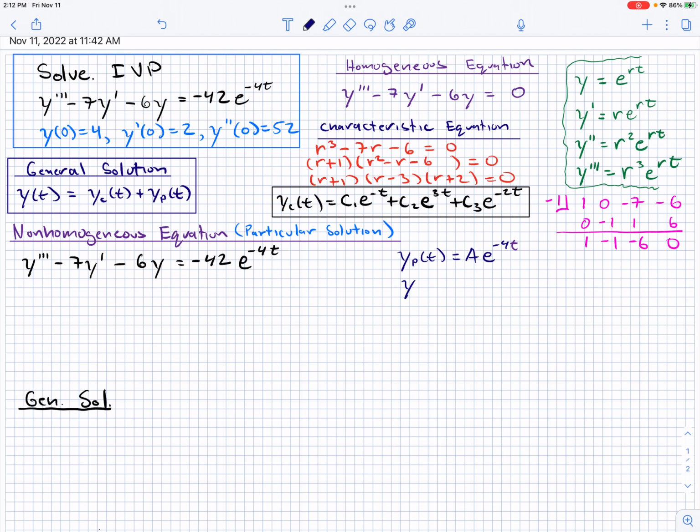We do need to take the derivative a few times, plug those in. So negative 4a e to the negative 4t, y double prime 16a e to the negative 4t, y triple prime negative 64a e to the negative 4t,